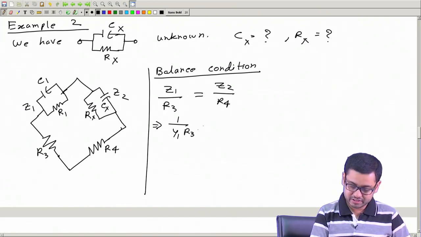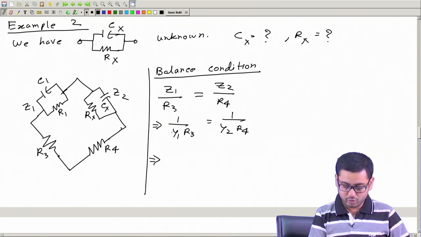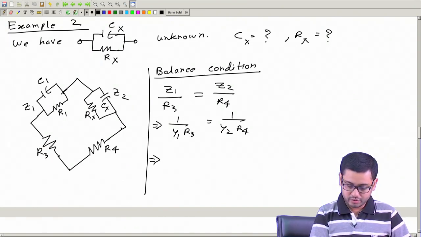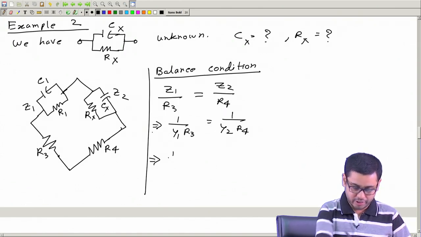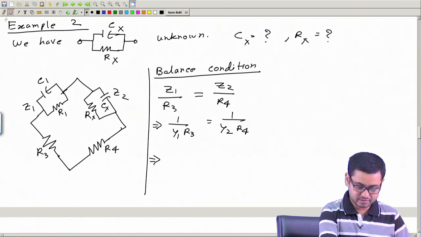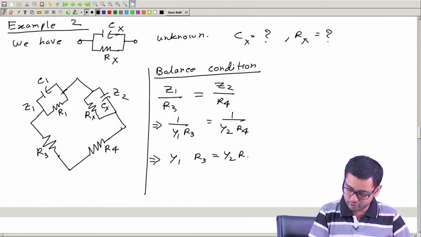Then R3 should be equal to y2 by R4, and then we can write y1. Now, y1 will be same as, okay, let me first write it this way, y1 R3 same as y2 R4, and then